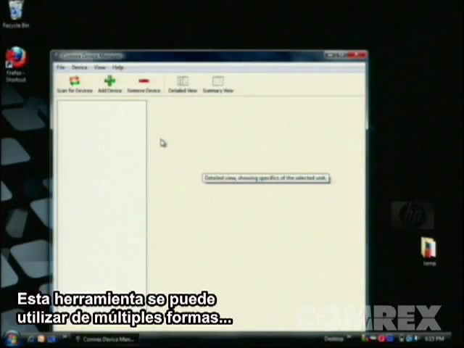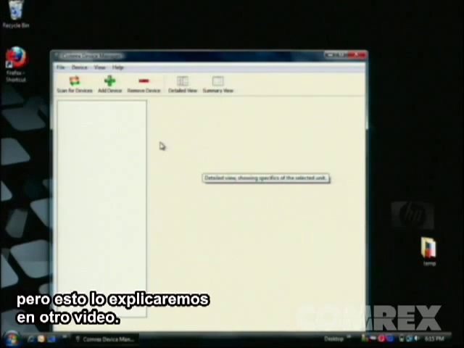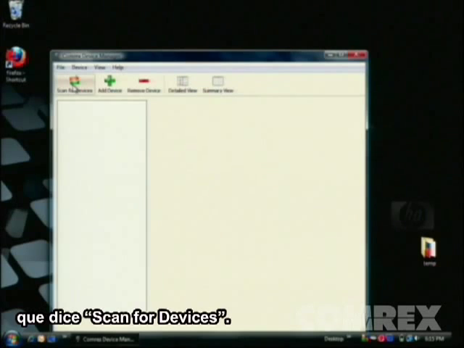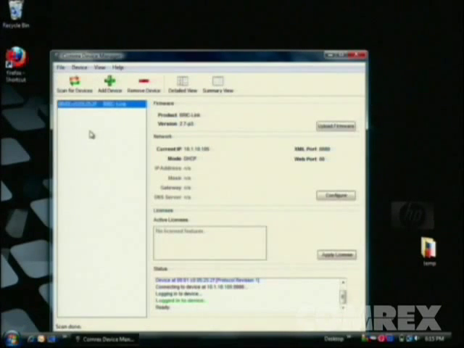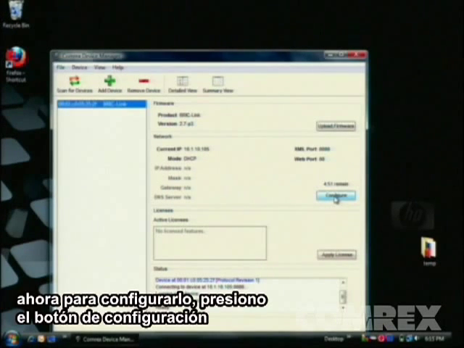Now this tool can be used for a number of different features when configuring both your Access and BRIC-Link codecs, which we'll cover in a different video. But for now, we're going to find our BRIC-Link by clicking on the button that says Scan for Devices. It's looked across the network and it's found our BRIC-Link, and now to configure it, I simply click the Configure